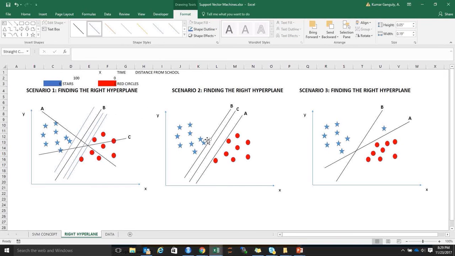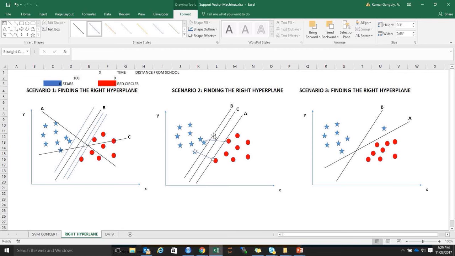And from this line, the distance between this is somewhere around this, so this is kind of low here, but this is quite long here. So in the similar case, for the line A, it's very near here, and it's very far off from the blue stars, right? From the line. So here again, the optimal line is the C, which basically has got the maximum distance between the star and this kind of red dots,